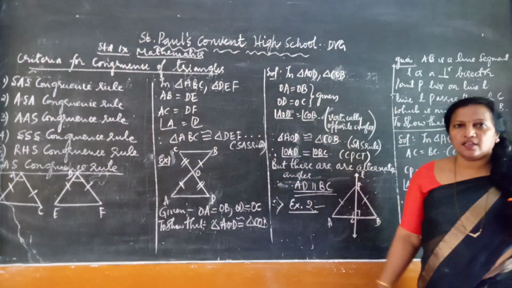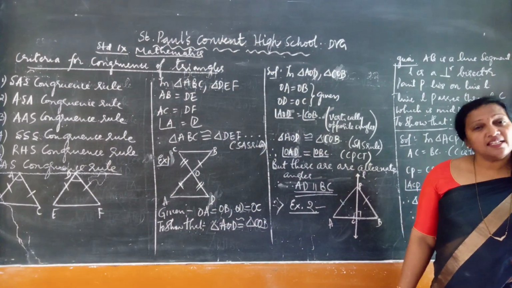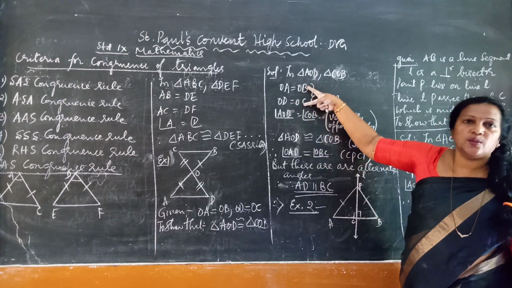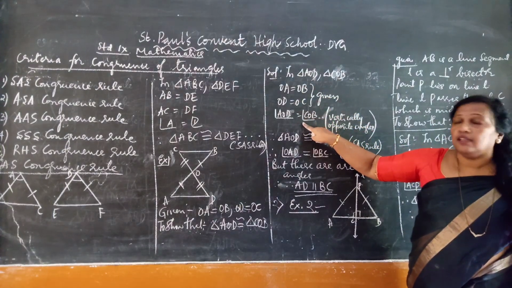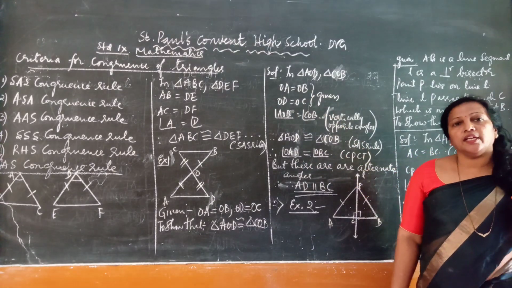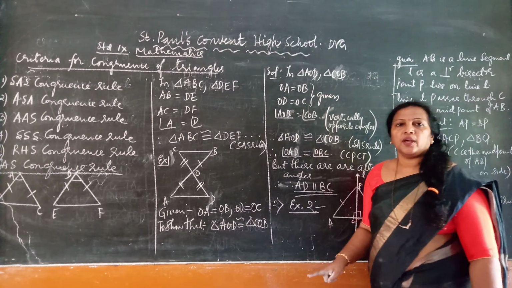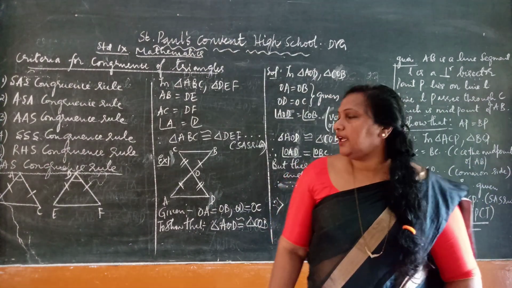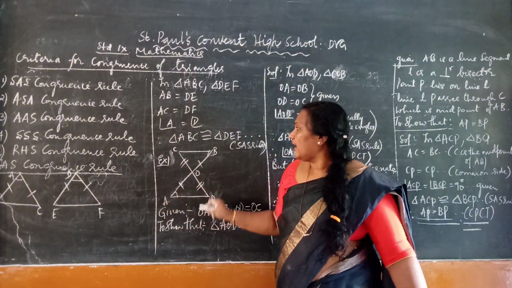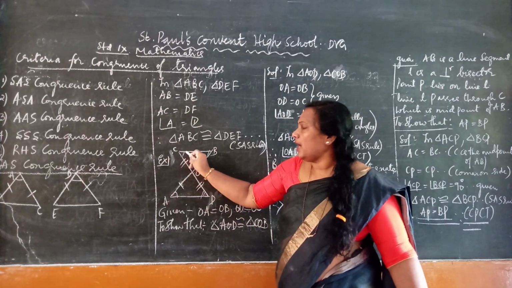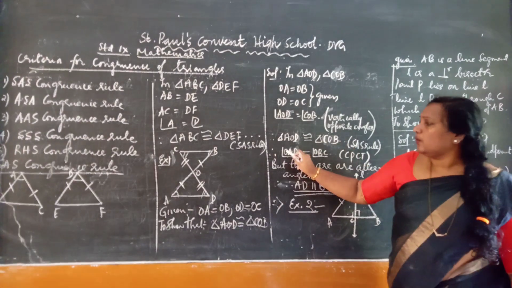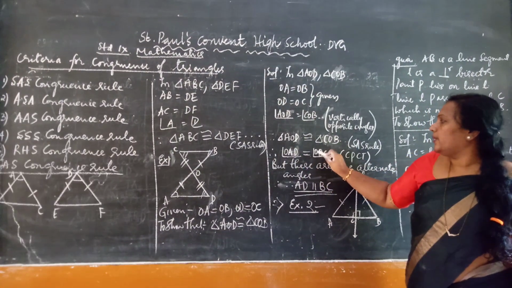Therefore, the 2 triangles are congruent. By which rule? SAS rule. Because 2 sides and one angle are equal to the corresponding 2 sides and the angle. Therefore, we can say 2 triangles are congruent. When 2 triangles are congruent, you should always know that the corresponding sides and corresponding angles will be equal. So, the remaining angle, that is angle A, will be equal to angle B, angle D is equal to angle C. Therefore, I can write when 2 triangles are congruent, angle OAD is equal to angle OBC.